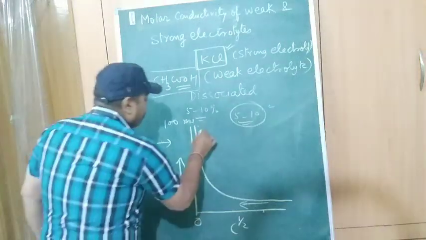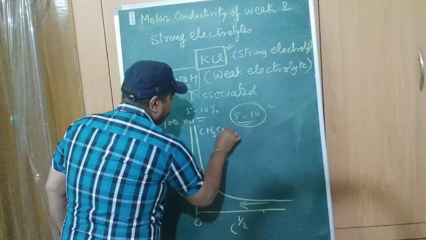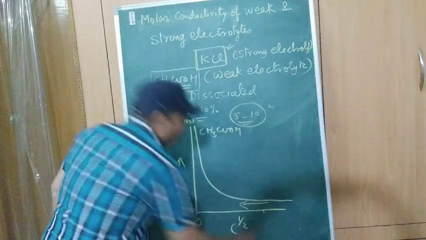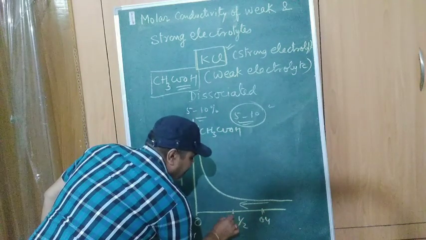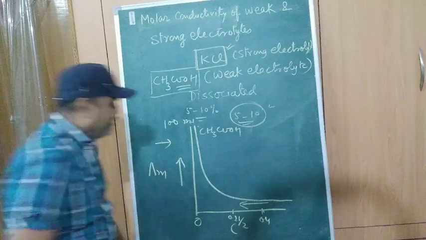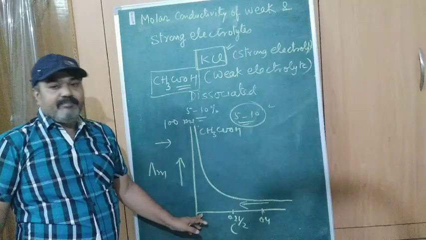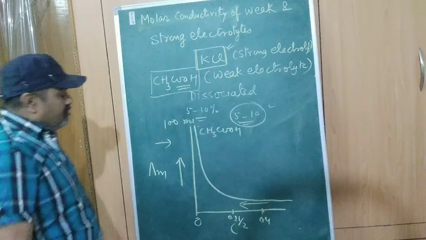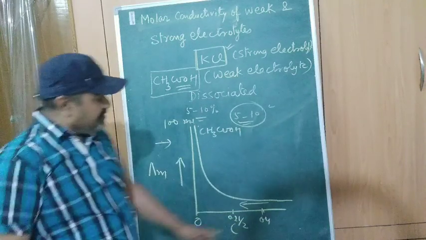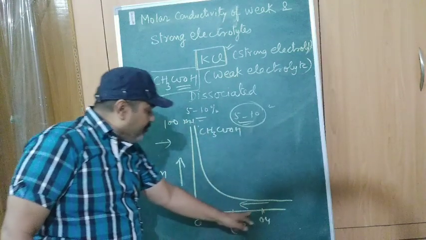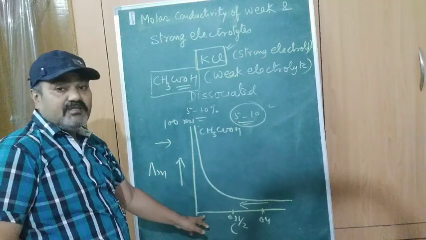This is for acetic acid, CH3COOH. For example, here the concentration is 0.4 mole per liter, here 0.2 mole per liter, and here it approaches 0. Now from the graph we can see very easily